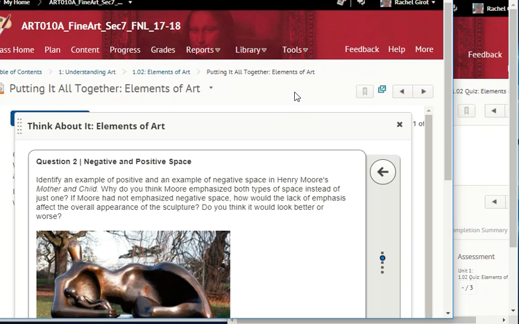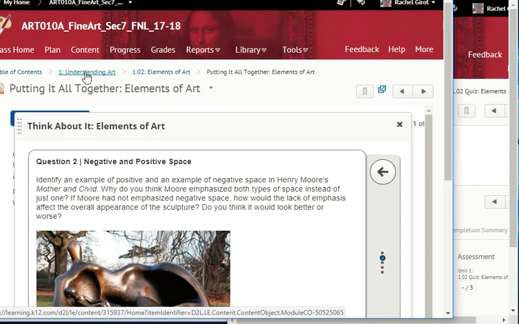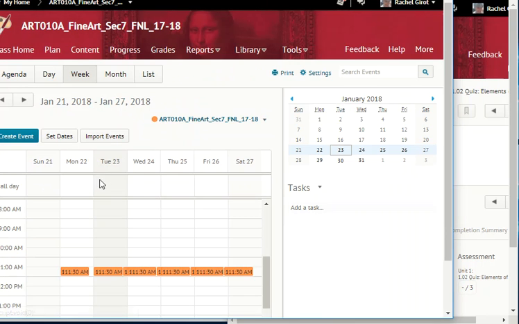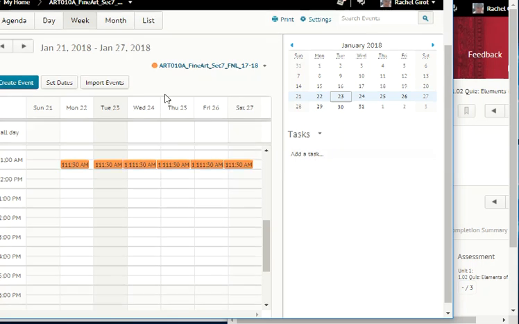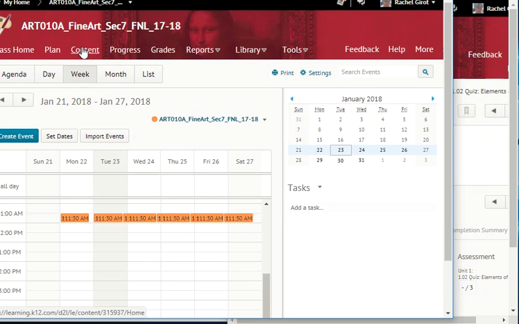And I know that I went through a lot of that with you, but I just wanted to show you that it has literally been 30 minutes and I finished all of my work for 1.02 and the 1.01. So remember that in any class, you are expected to work for an hour a day on it. So if you put in 30 minutes a day to an hour and do each of the units that are in the plan, you will come out of this with an A, okay? And if you do that, when you get down to the very end of the class, when it's time for that final exam,